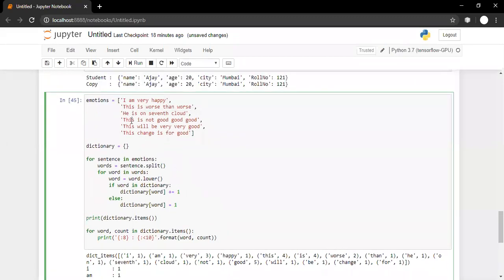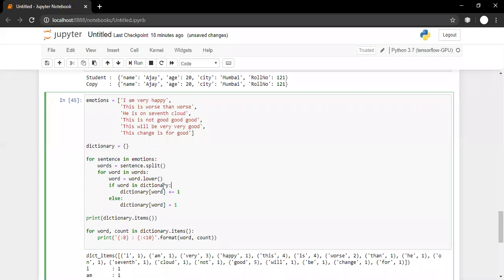Let us say we are talking about this word. Initially, is this word in the dictionary? No. So this if condition is false. You will go to this else part and you are saying dictionary of this is equal to 1, means occurrence count is 1. So next time, let us say this word comes. Is this in dictionary?